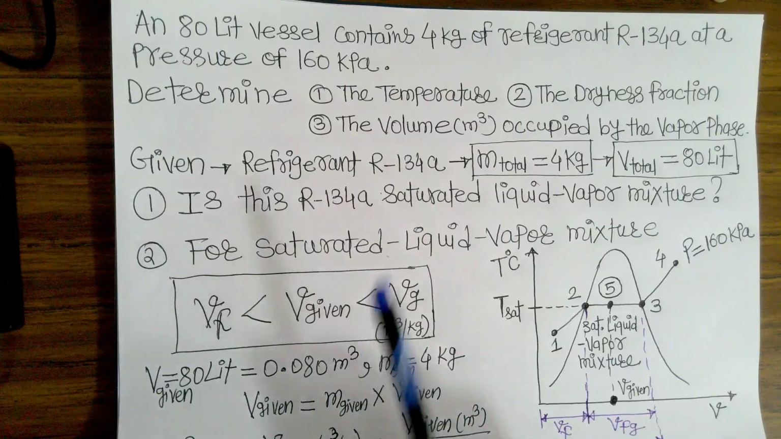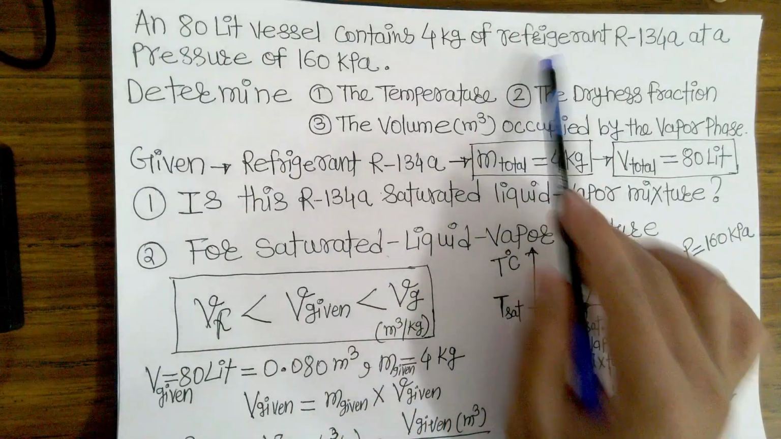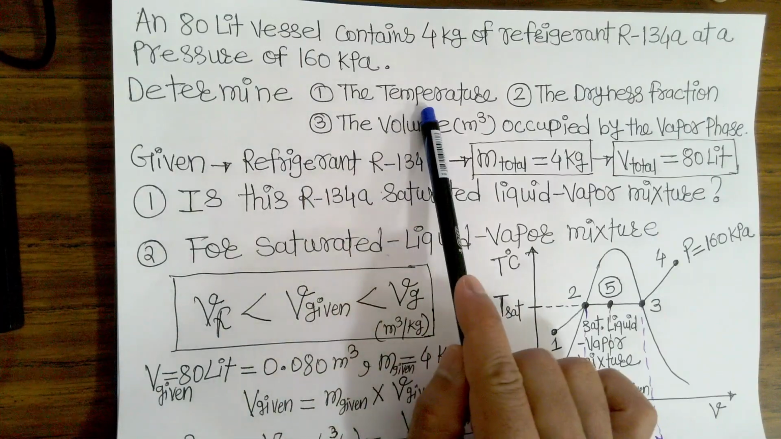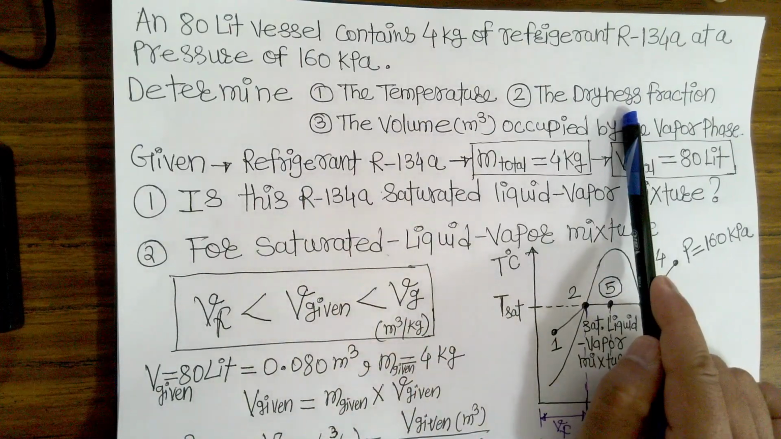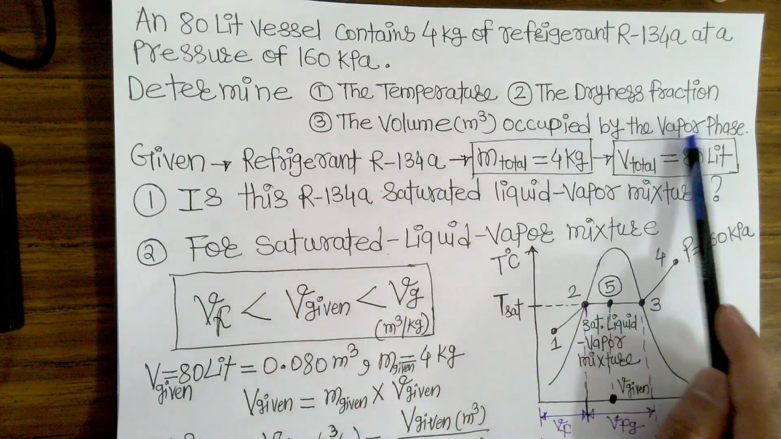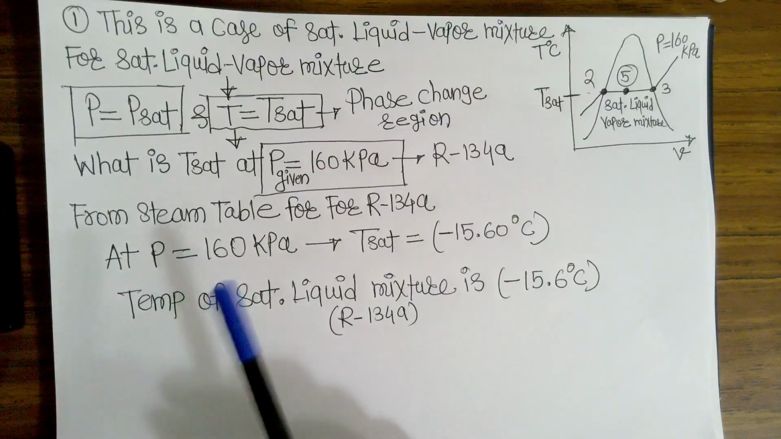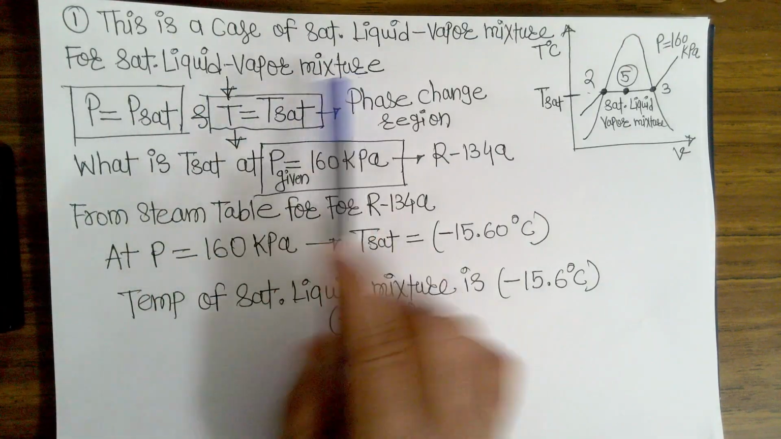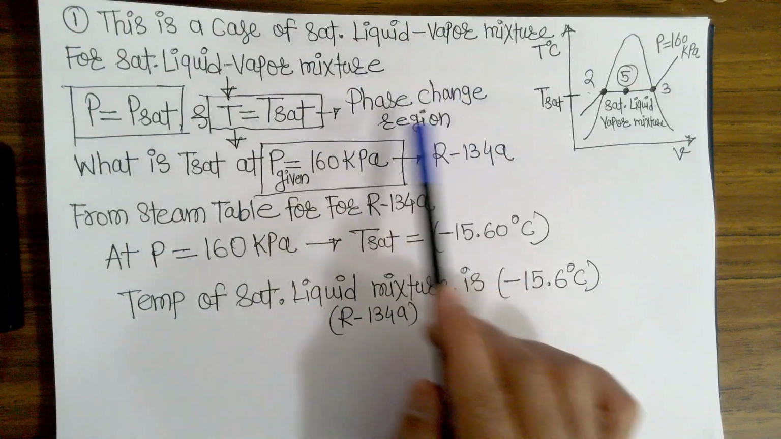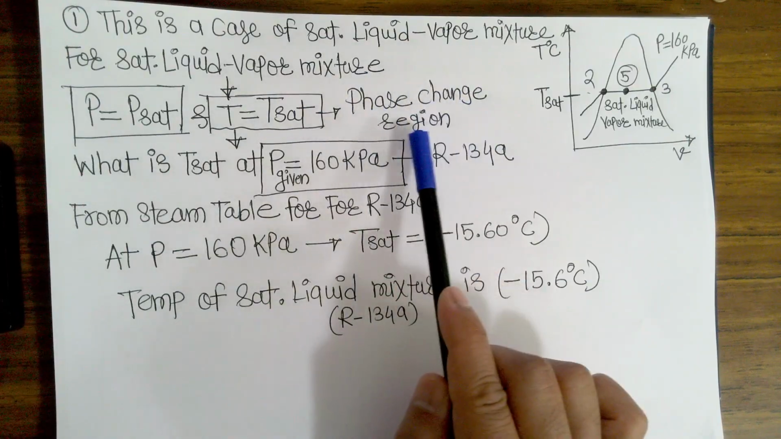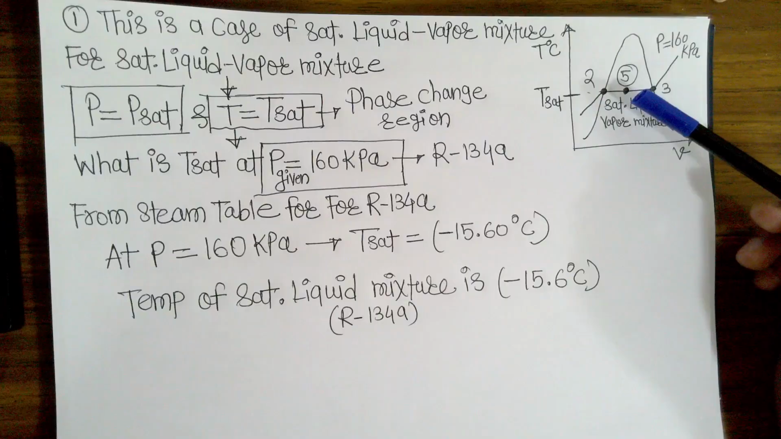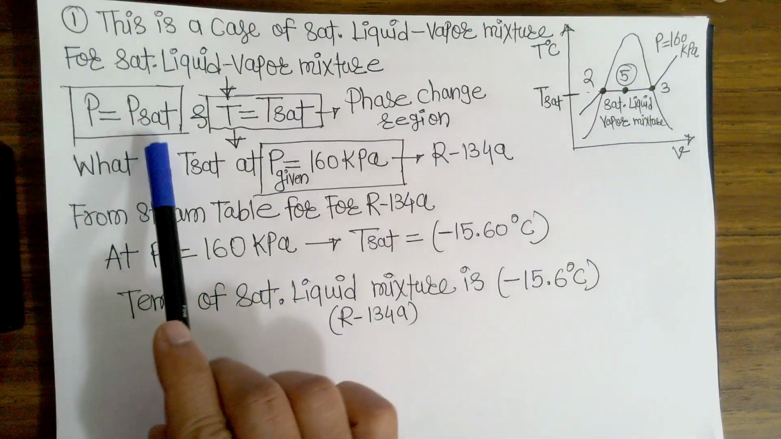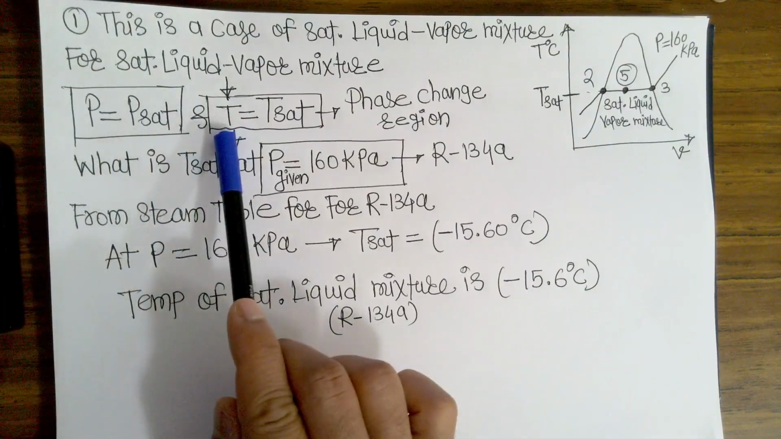So now we have identified that this refrigerant is a saturated liquid vapor mixture. Let us calculate the temperature of this mixture, dryness fraction, and what is the volume of the vapor in this mixture. So let's find out the temperature of this refrigerant, which is a saturated liquid vapor mixture. Saturated liquid vapor mixture exists in phase change region. So this point is in phase change region where pressure is equal to saturation pressure and temperature is equal